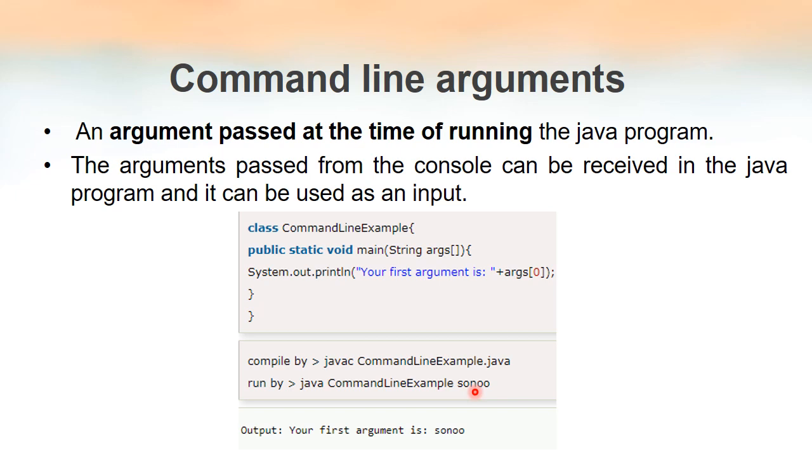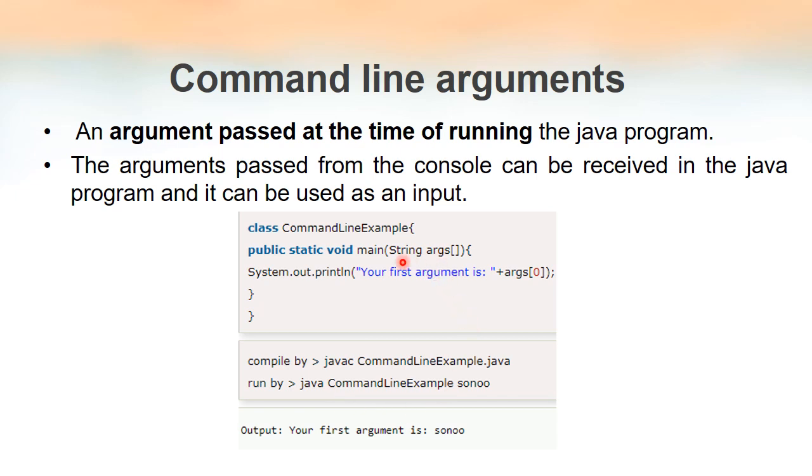So for that reason, to store the parameters that we give when we run a Java program from the terminal or command prompt, the space for those inputs is String args. In other words, the formal parameter that we write along with the main method, String args, which is an array of type String, is used to store the parameters that we pass to the program when we run the Java program. And those arguments are known as command line arguments.